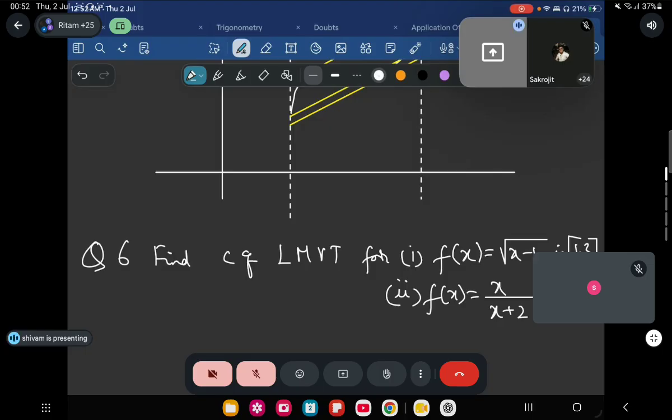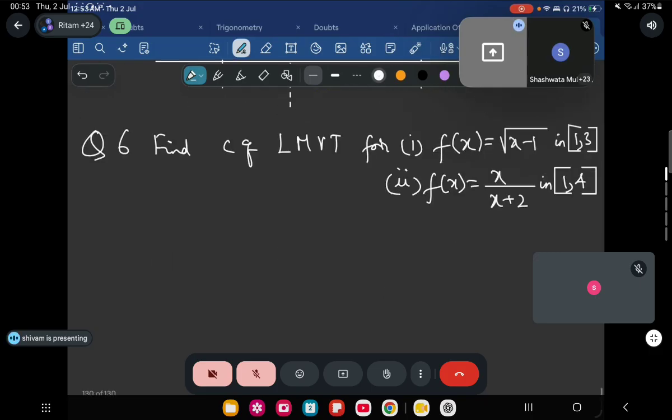Yes, Socrates, your answers are correct. Sir, then can I leave? Okay, thank you, Socrates. Okay, let us do this problem, everyone. Just have to equate everyone. F dash x equal to